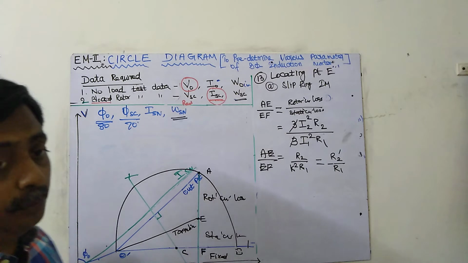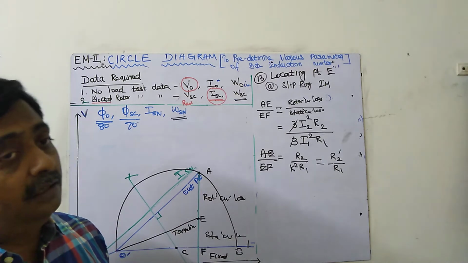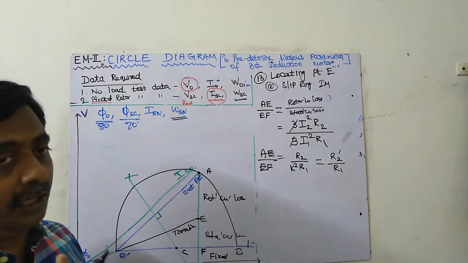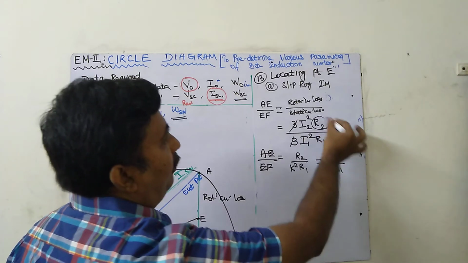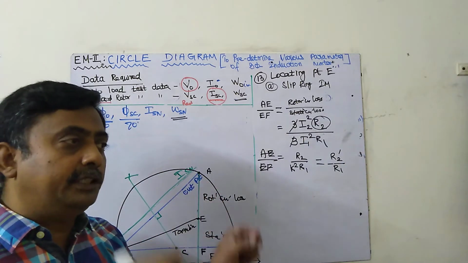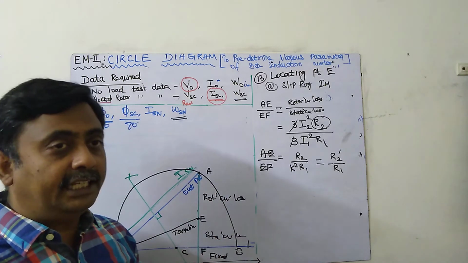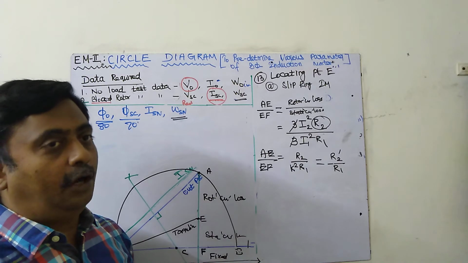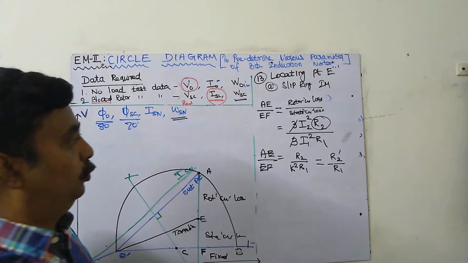Okay, this is for which machine? This is for which motor? Slip ring induction motor. For a squirrel cage induction motor, the problem is that we cannot measure the value of R2, because the rotor resistance will be short circuited inside the machine. We cannot measure all those things. How to do it? That's what we had to do.